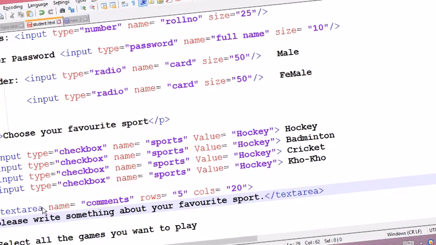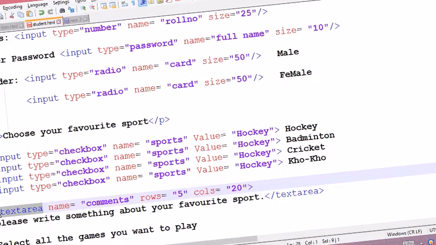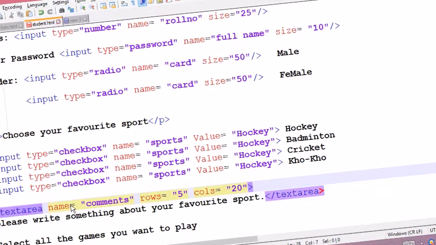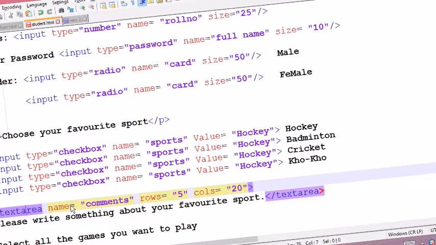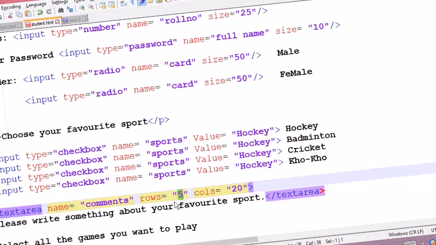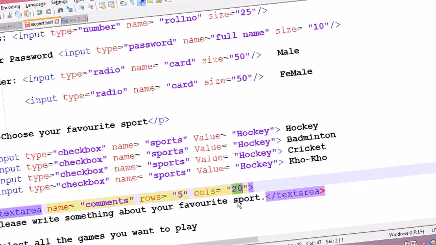This is a tag, text area. Sometimes we see in web pages that we can give comments, we can write as much as we want, or sometimes it is restricted. See here we are giving the size also: rows 5 rows, and columns 20 columns.